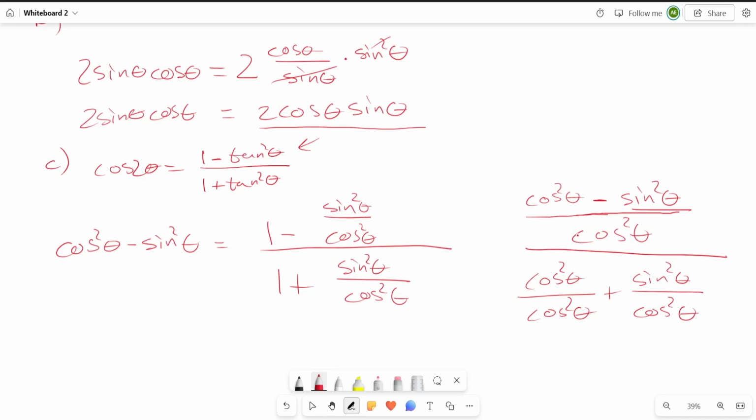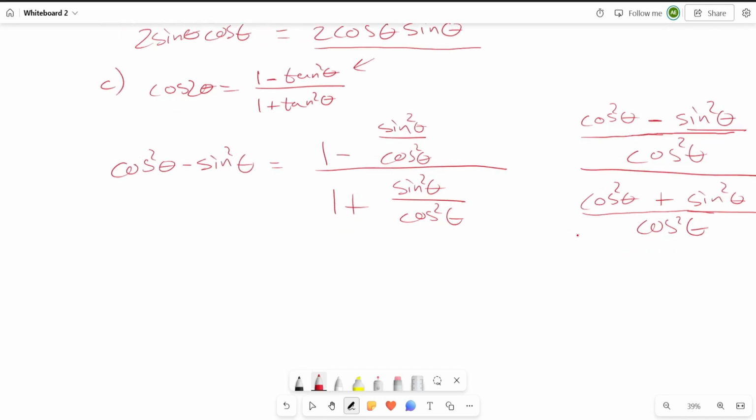Now, since they have the same denominator, I can add them together and put the same common denominator, which is cosine squared theta. So this is what I have till now on the right side. So I can rewrite this as: the top part is basically the same as saying I have cosine squared theta minus sine squared theta over cosine squared theta, and